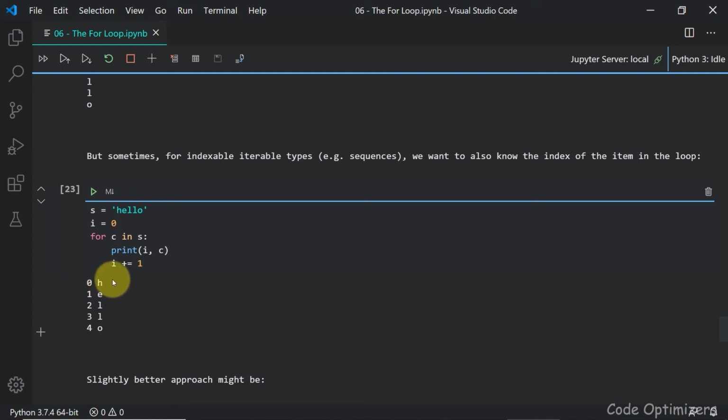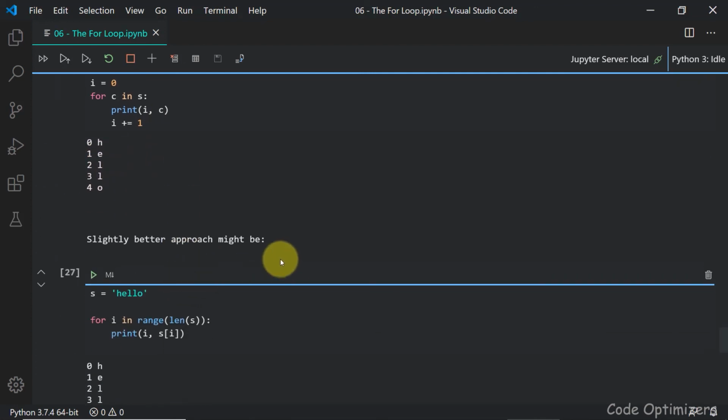So we first assign hello to s, take i equal to 0, and we will increment this i by 1. So for c in s, print i and c. So it will print 0 and h, then 1 e, 2 l, 3 l, 4 o.